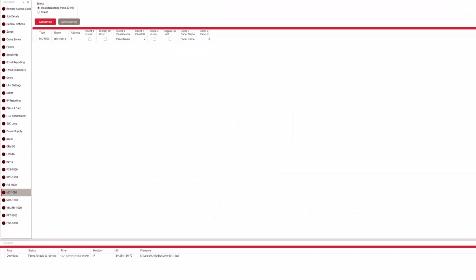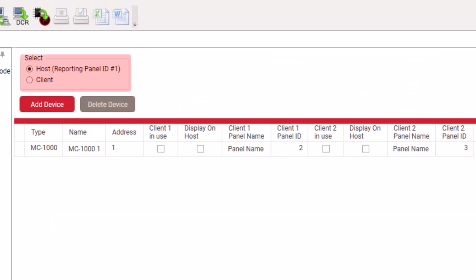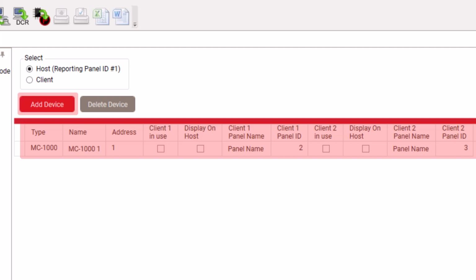The MC1000 is a multi-connect expander module that supports 2 client panels to 1 host and allows up to 63 fire alarm control panels to report to the central station via a single reporting panel. At the top are 2 options for determining if this panel will be the host or client system. Selecting Add Device will generate a row with a custom name field, address field, and several options pertaining to the